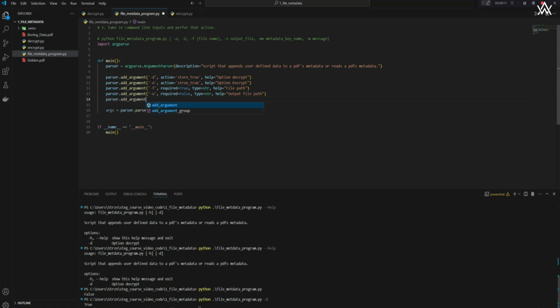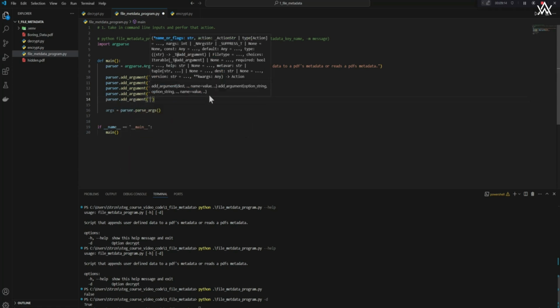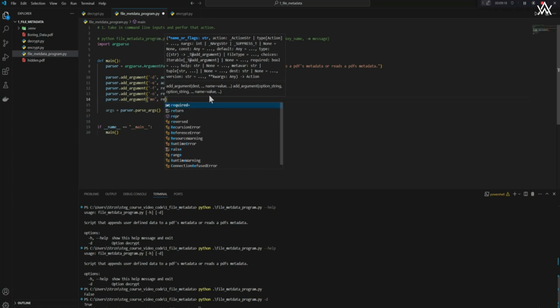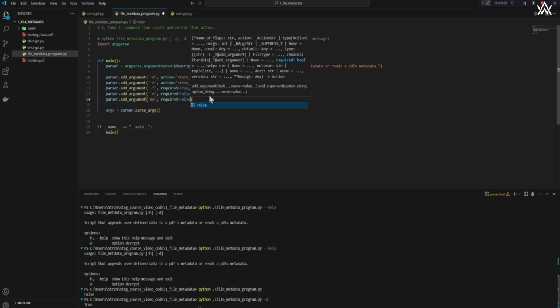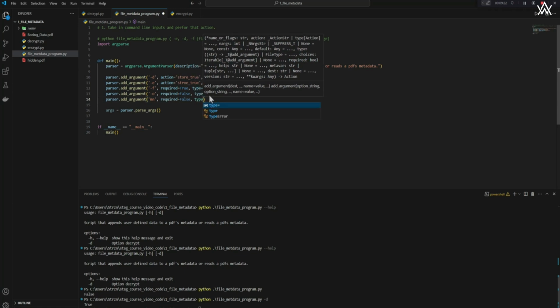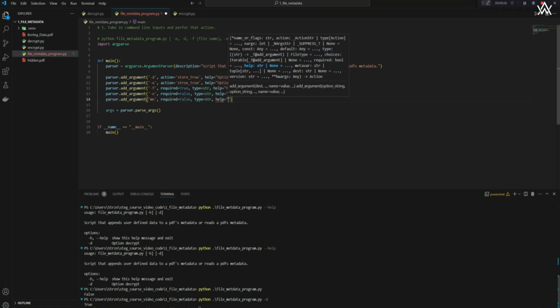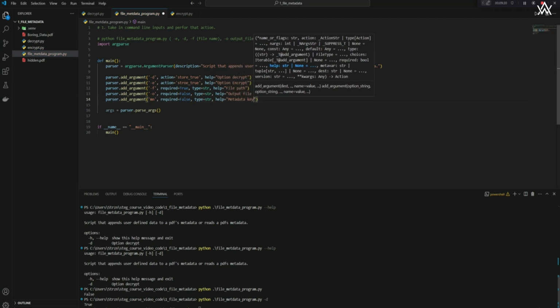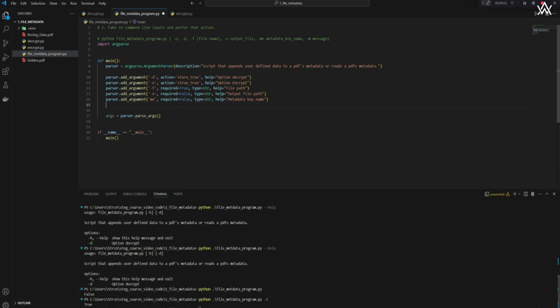Almost done. We need the -mn, comma, required is equal to false. Then the type is a string, and help is going to say, this is the metadata key name. There we go. And parser.add_argument